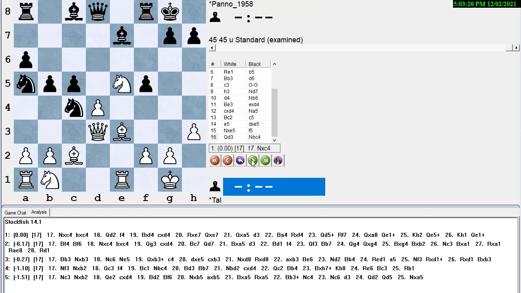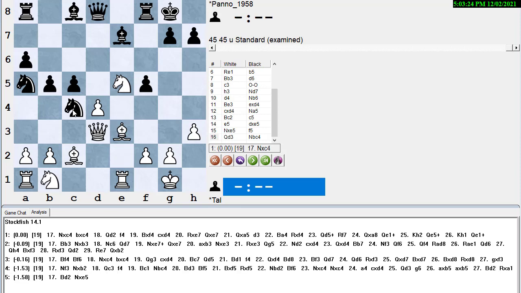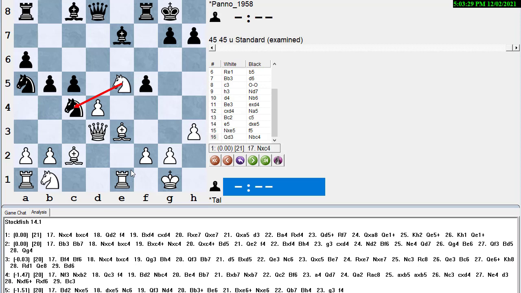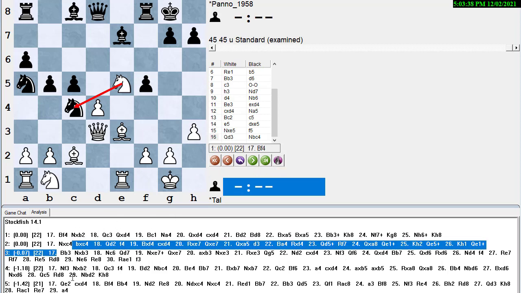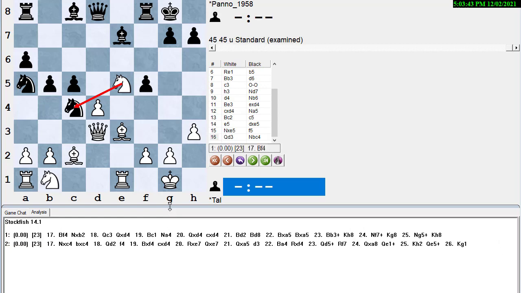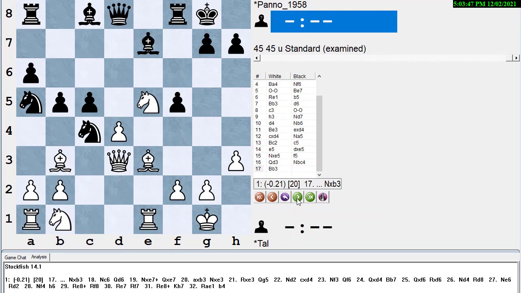All right, and now the engine suggests that Tal should trade knights and be equal. Tal plays bishop to b3, which is one of the best moves. Let's just show the top 2 moves here and give you a bigger board to look at. There we go. All right, so Tal plays bishop to b3, pinning the knight to the king, and black plays